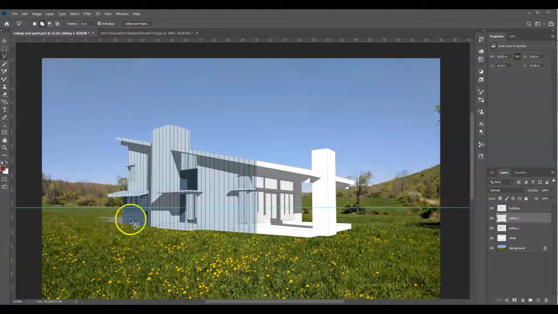Hello class. In this video we're going to keep working on this assignment. In this case we're going to do the brickwork across this element and this one here. And it's going to be done very similar to the way we did the siding. The difference is it's going to be a bit more complex because there's horizontal and vertical images in the same